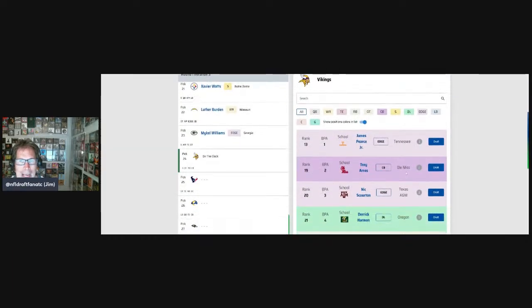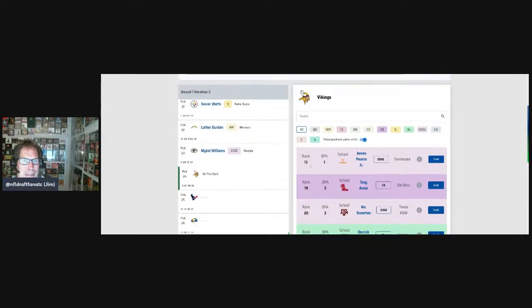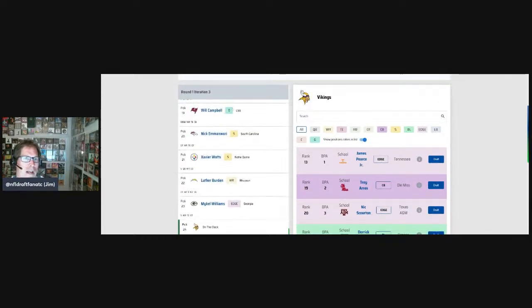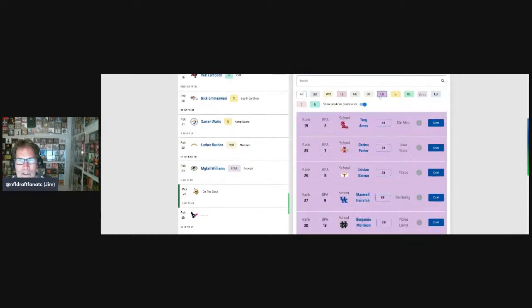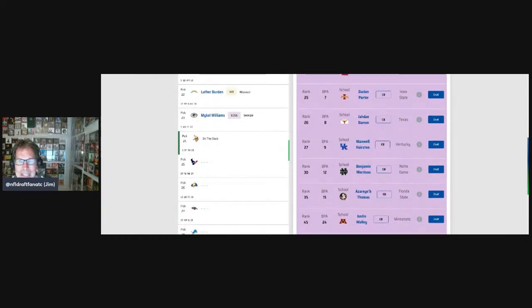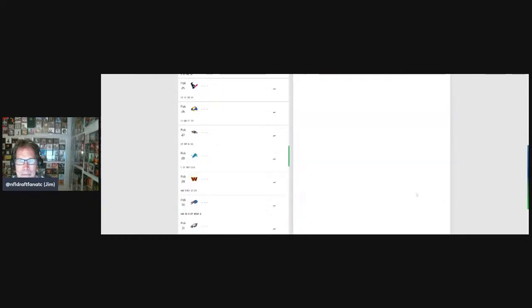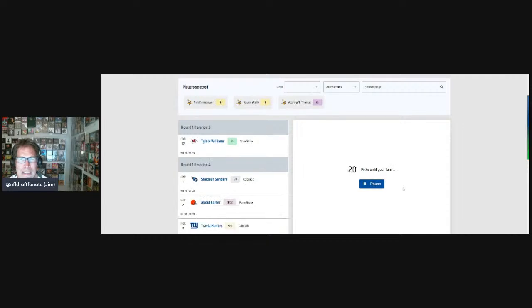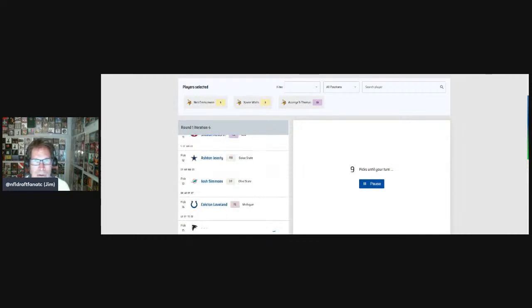Okay. And again, you can see Pierce. Would the Vikings take Pierce over Emmanwori or Watts? So let's talk about corners. So in round 1, I do like Azareye'h Thomas, so I'm going to pick him. I do think the Vikings need corner help.